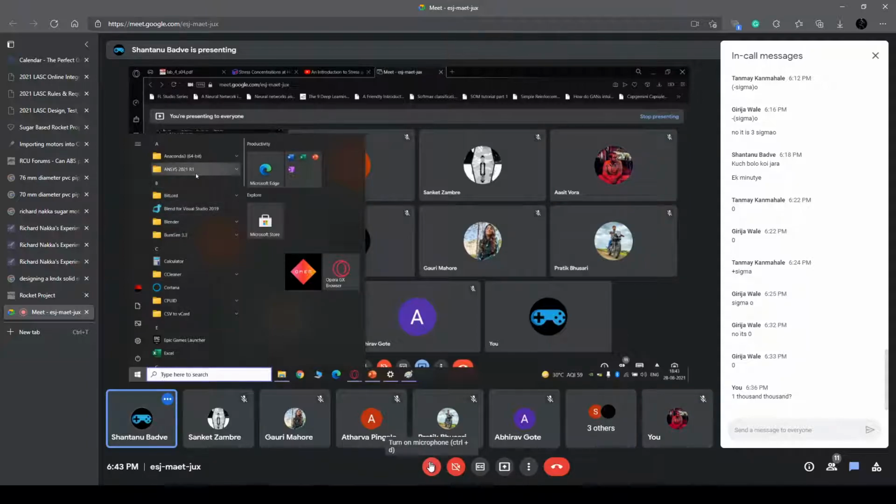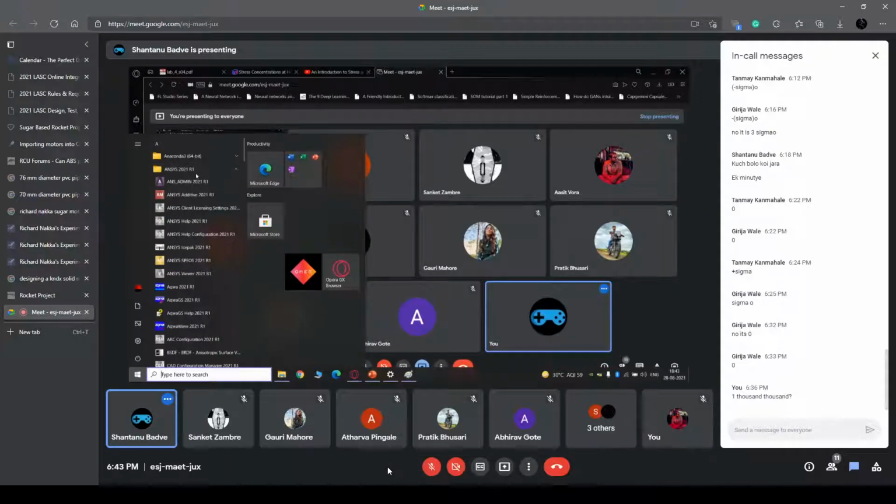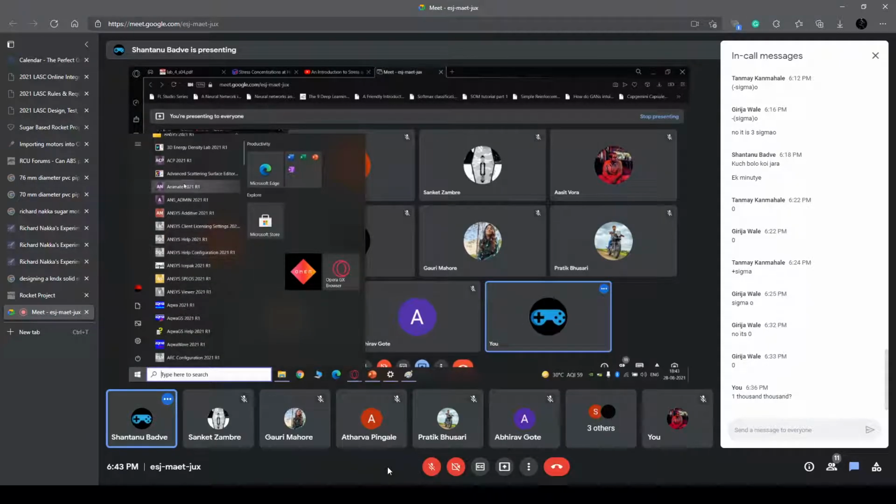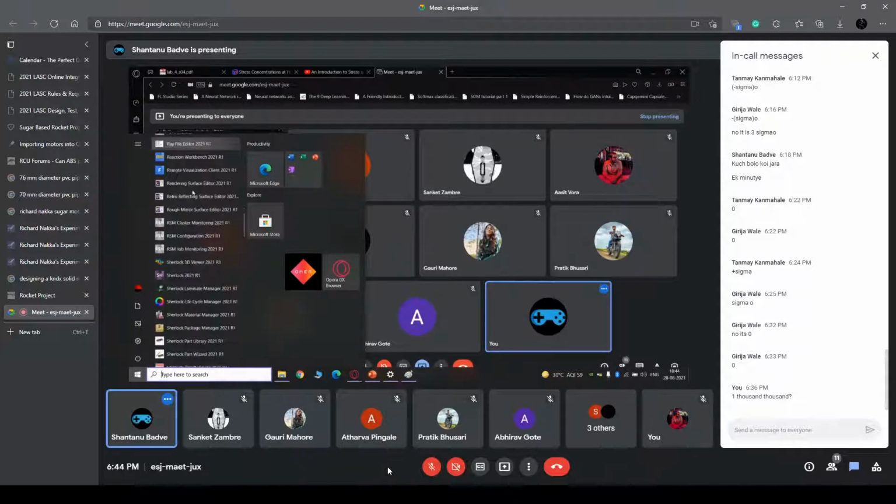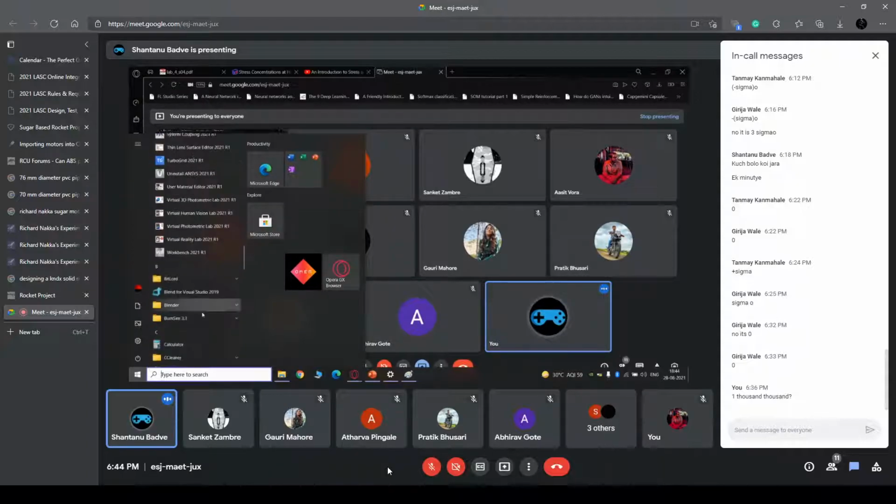Okay, so look at this. There is this folder ANSYS 2021 R1. When you install the software, you get this folder. Cool, right? Then there are basically a lot of products that ANSYS provides. You can see all of them over here. There are too many of them really. And then there is this last product, Workbench. This is where you basically do everything that you need to do.